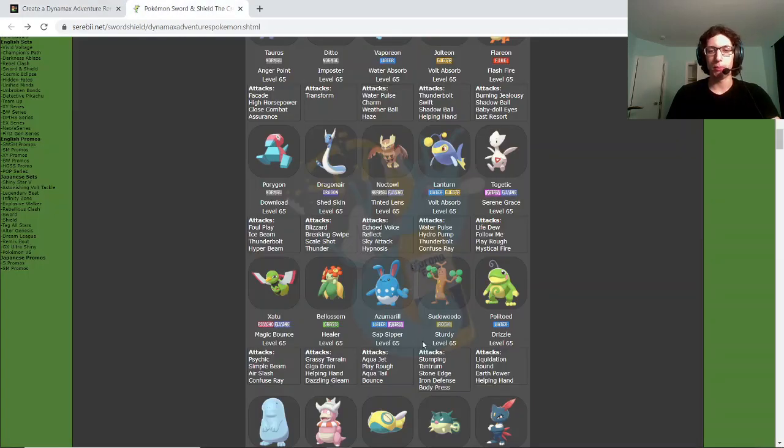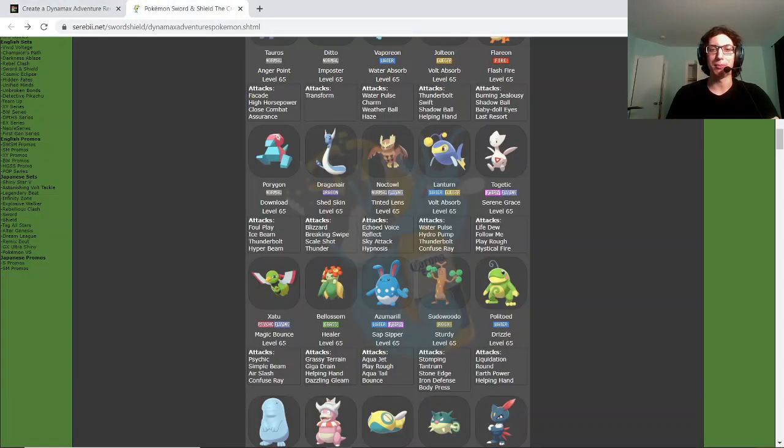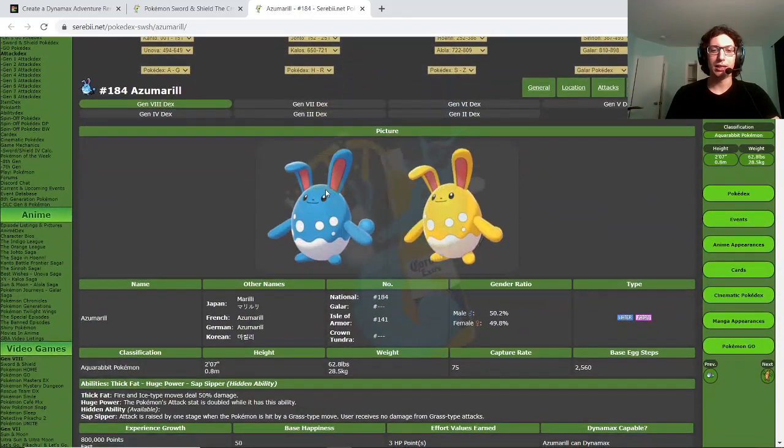Azumarill. Azumarill without Huge Power, unfortunately. So that kind of holds it back quite a bit. If Azumarill had Huge Power, we're probably talking about a B or even A tier Pokemon, but it doesn't have that. It has Sap Sipper. So let me just take a look. It only has a 50 base attack power, which is just that. Sap Sipper, you need